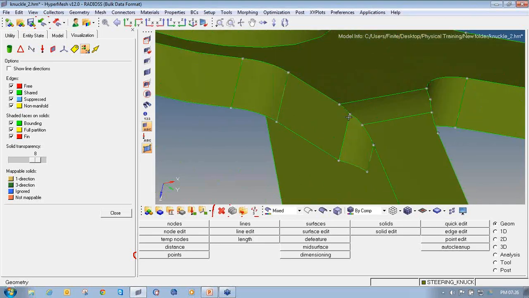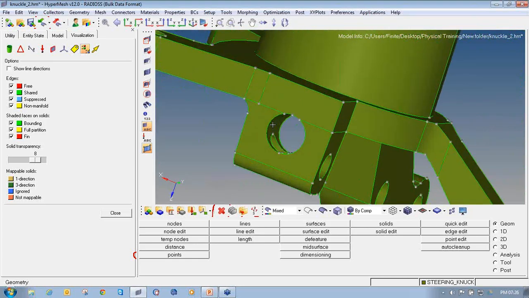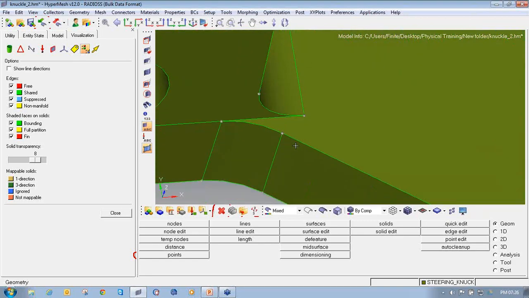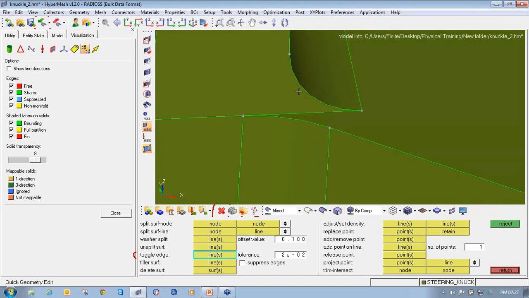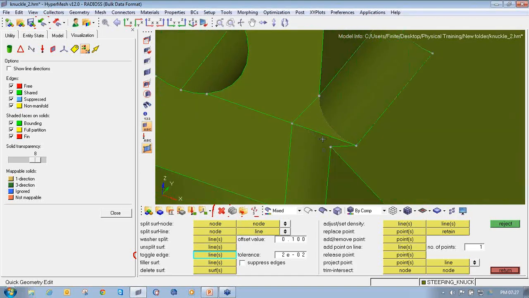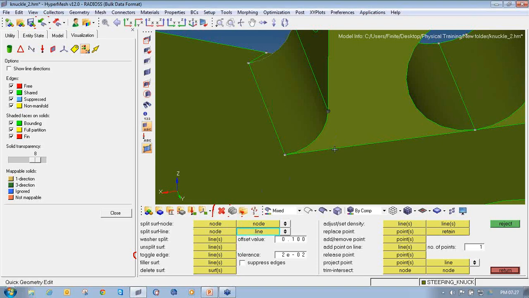If there are many steep joints here, where you think these are not necessary, or they may create some problem during the mesh, you can remove them. Just like you can see, this point can create a problem for the meshing, so I will remove these two areas. Go to the quick edit panel again, geometry quick edit, create from this node to this node, and from this node to this, and just toggle these two. So now it will create meshing from this side to this side directly. Similarly, from this node to this line,